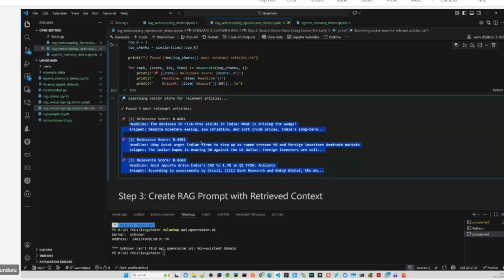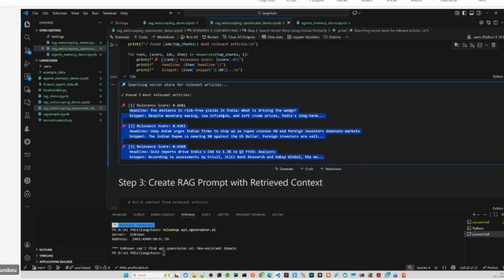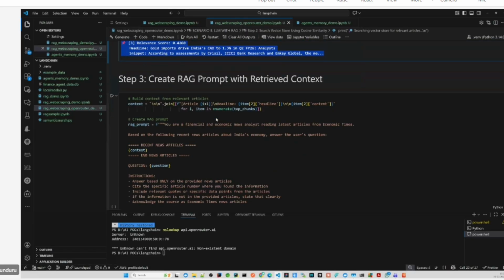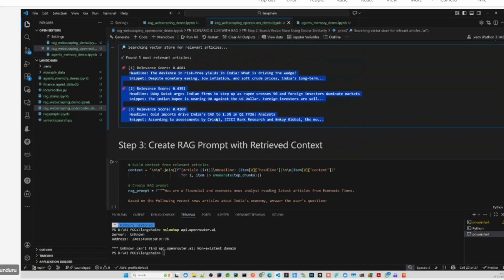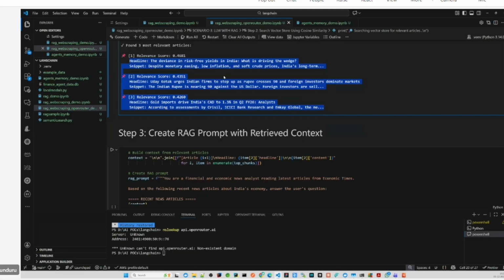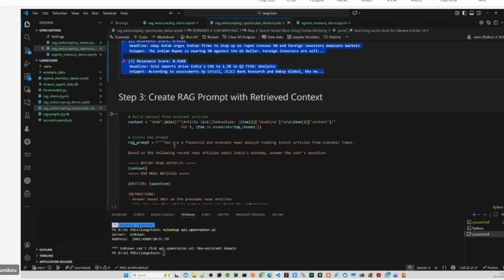The relevance score is also given to that particular response by the LLM. Create RAG prompt with it. This relevance score is from the vector. If we want, we can ask the LLM also, when it is responding, for the confidence score. That is the confidence score. This is the relevance score by the vector, and we are creating the prompt